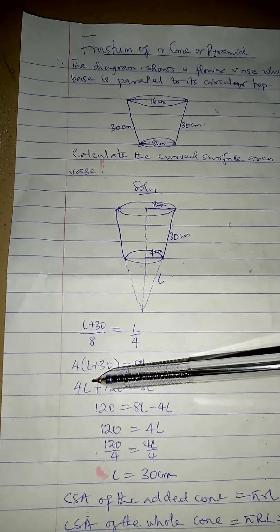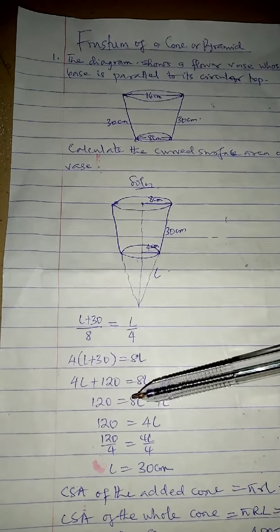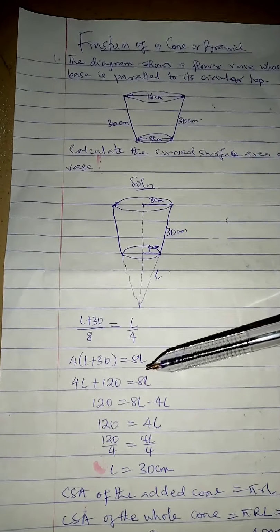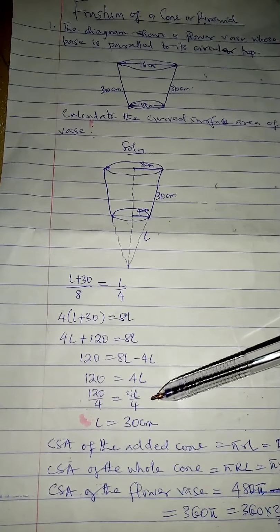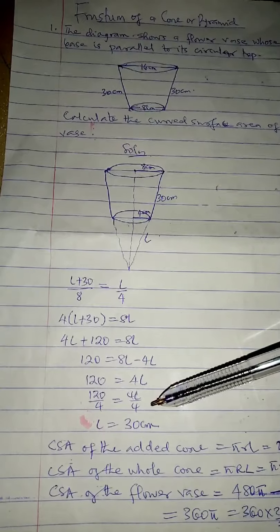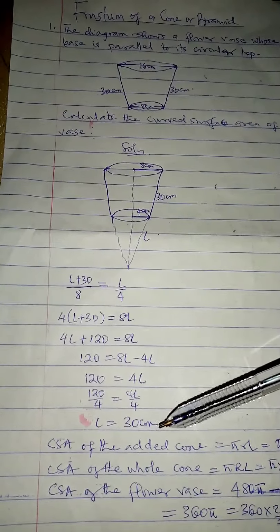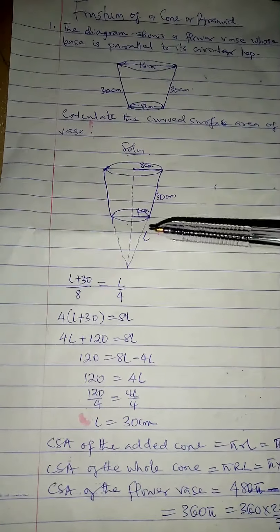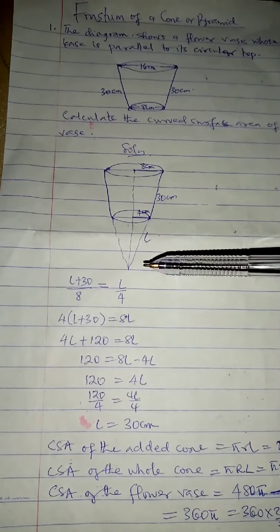Open your brackets. The 4 will multiply L and 30 to give you 4L plus 120. Take your 4L to the right hand side. You have 4L to be 120. Divide through by 4 and L becomes 30 cm. After you've gotten the size you need, remember what I told you. The next thing is to get